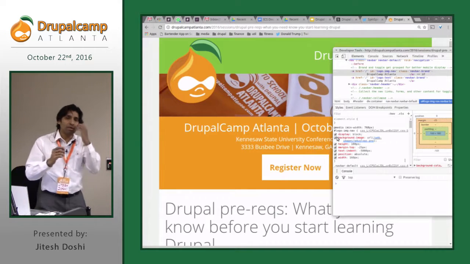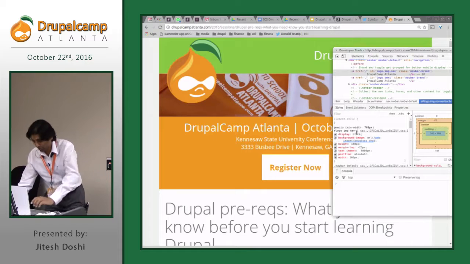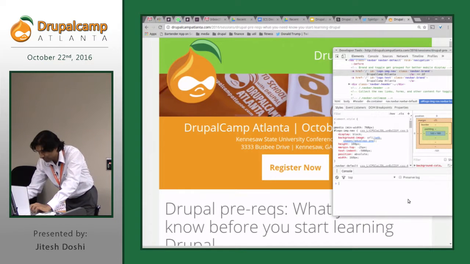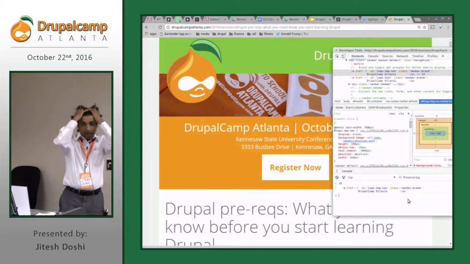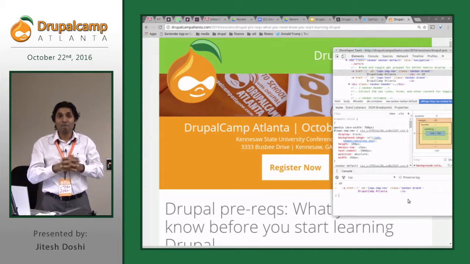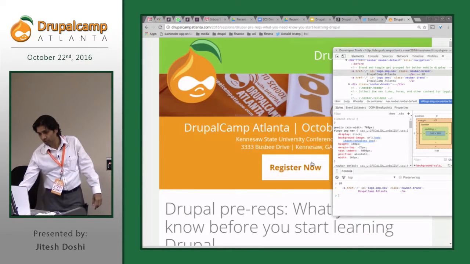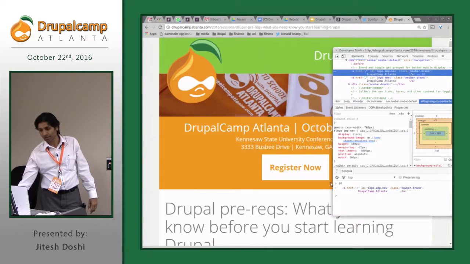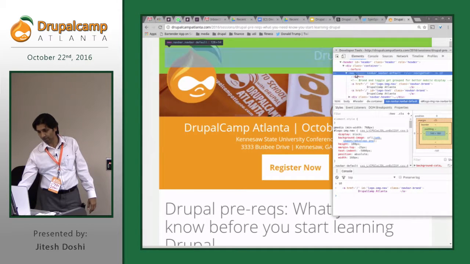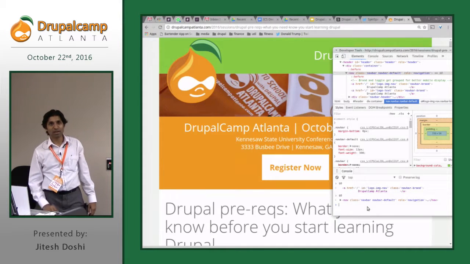So maybe you guys are already familiar with it. There is one thing that I'm pretty sure you don't know about, which is $0. In the console window, if you type $0, it shows you the DOM element that is the target of your inspect element, wherever you have focused. So in this case, my inspect element is focused on an a href here, right? And then $0 showed that exactly. If I move my mouse and click on navbar here, and then type $0 again in the console window, it shows me the navbar.